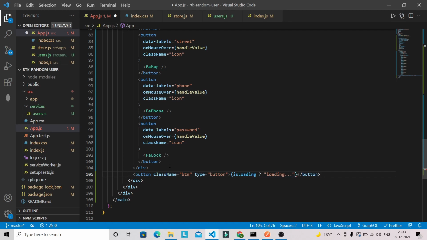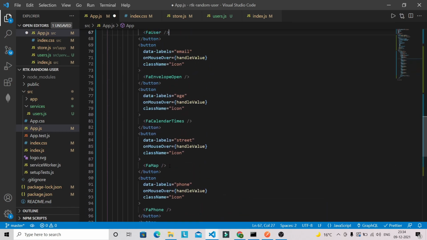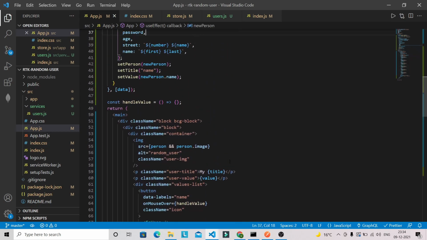And if it's not loading, then the button value will be random user. So this will be our button value, and let's see whether we are able to see some value or not.